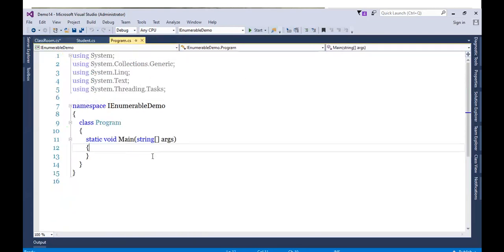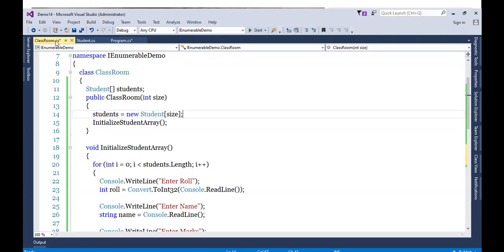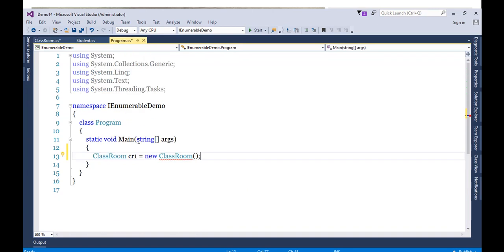So what I will do is, let's create a classroom class object. The moment I write here the default constructor, what will happen? Sorry, we took the size, I guess. Here I took a size as a parameter, so let's take that size from the user.